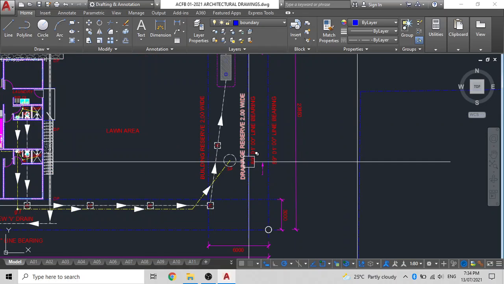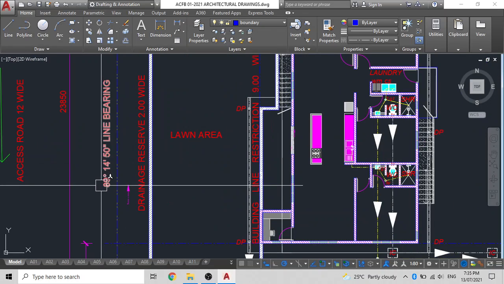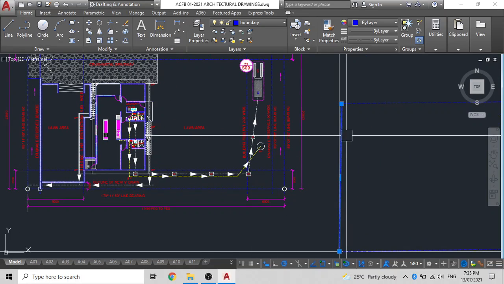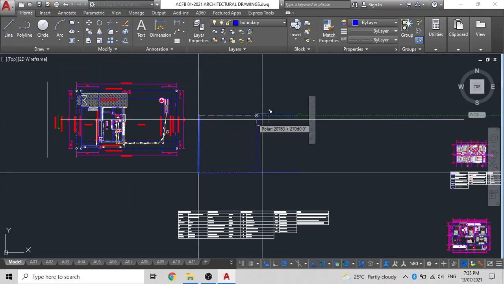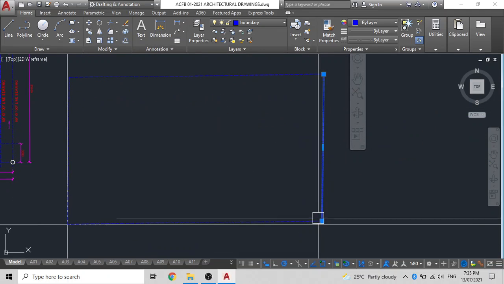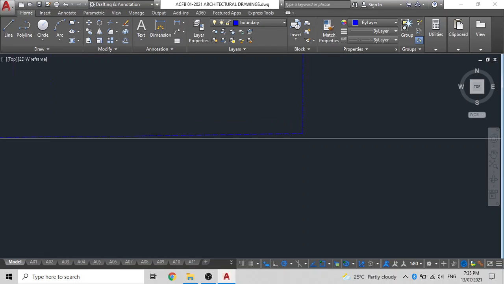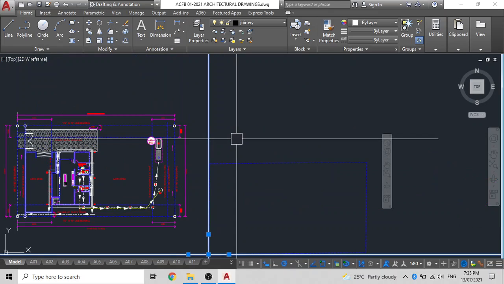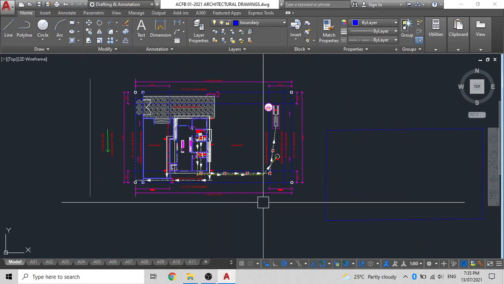Now the last one also has the same angle. So what I'll do is I'll just copy the front line and move it to the back, like so. As you can see, that is done. And then this line, if it's not actually sitting properly, you can make it sit like so. As you can see, the land will be slightly at an angle as per these lines.